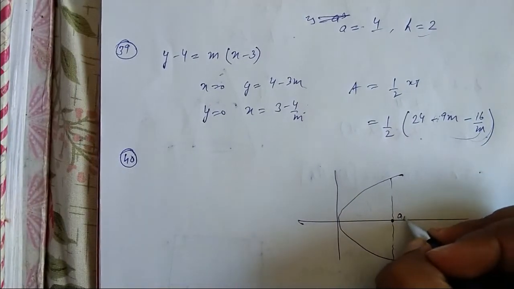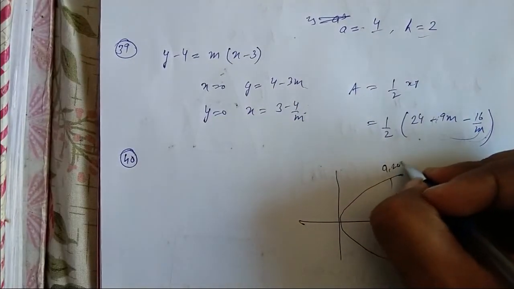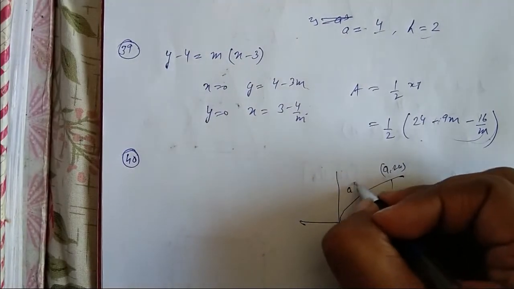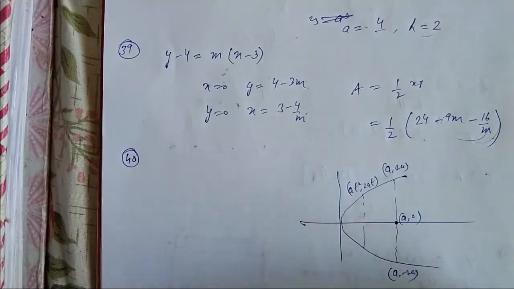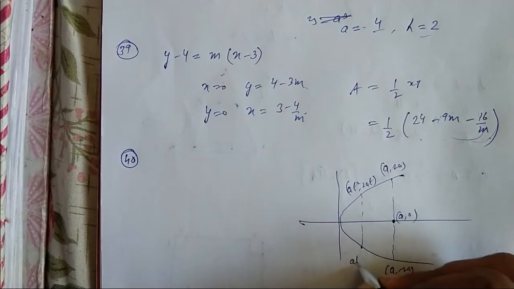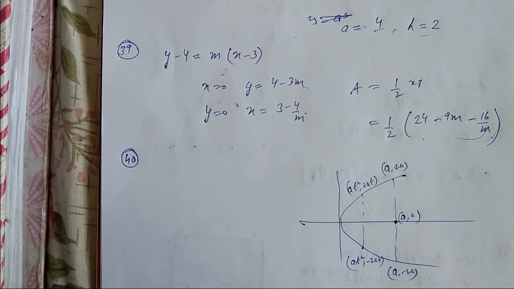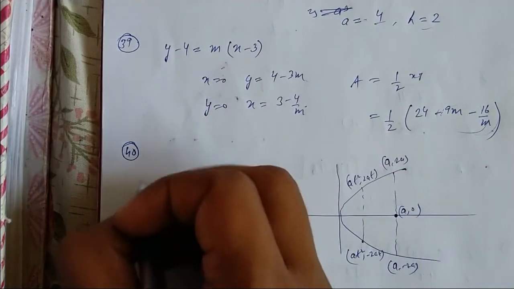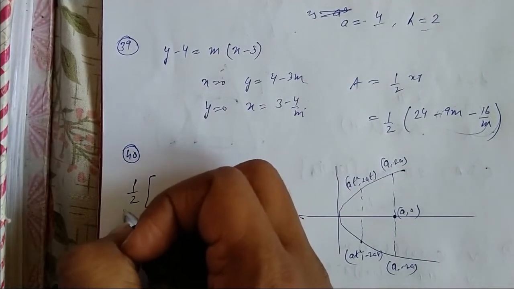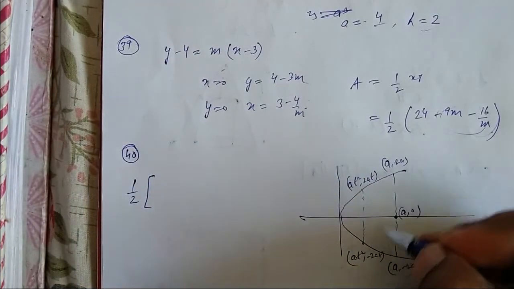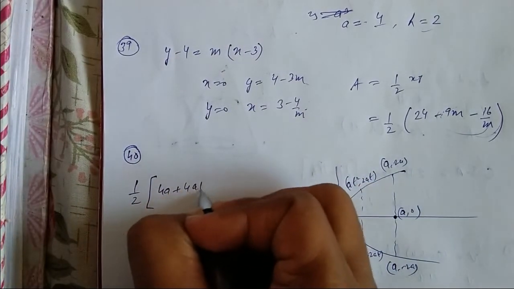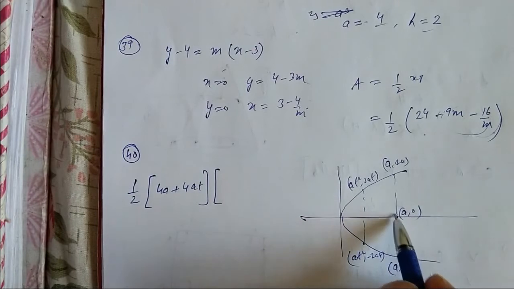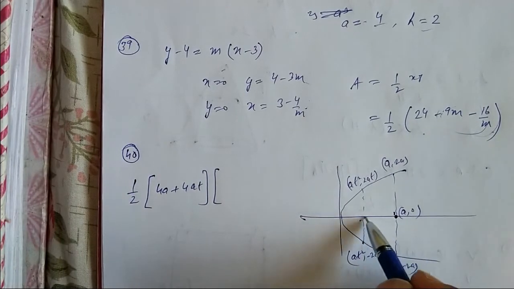So this is (a, 0), this is (a, 2a), (a, -2a). This would be (at², 2at), and this would be (at², -2at). Okay, so the area of the trapezium would be half into the sum of parallel sides. So this is 4a and this is 4at, into the distance between them. So the distance between these two lines would be a minus at²,